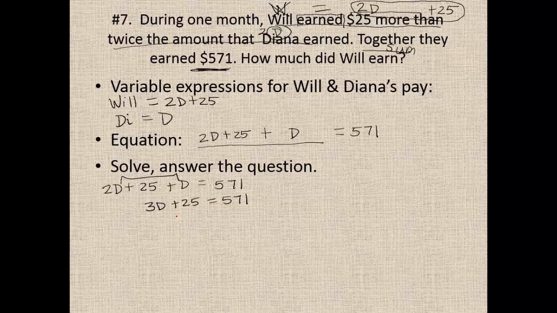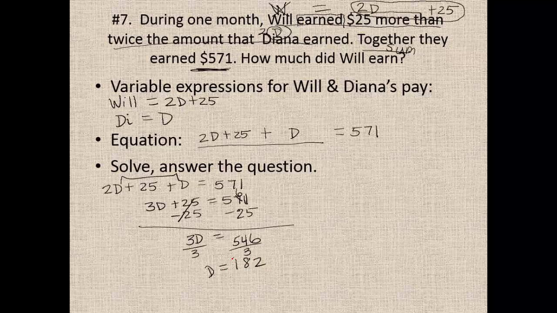All right, I want to subtract 25 from both sides and do subtraction. Okay, so 3 times D is 546. Let's divide them both by 3. So D is equal to